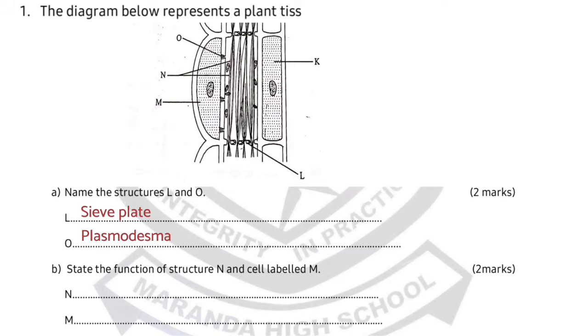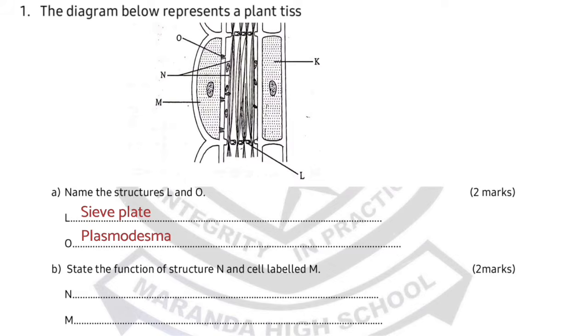Do you see where M is pointing at? Okay, that is the cytoplasm of the companion cell. Now, we have the companion cells and we also have the sieve tube elements, where you have the cytoplasmic filaments passing across. Now, when you talk about plasmodesmata, these are tiny channels of communication between the companion cells and the